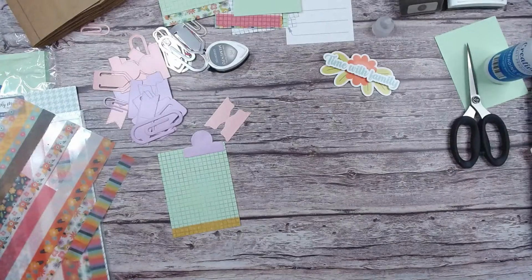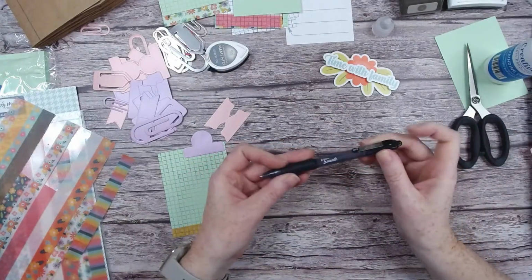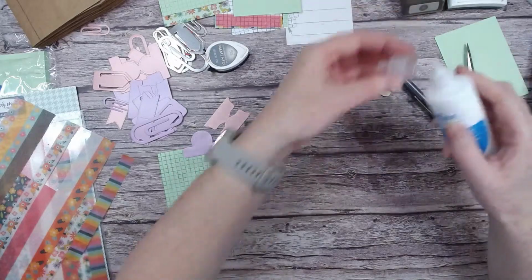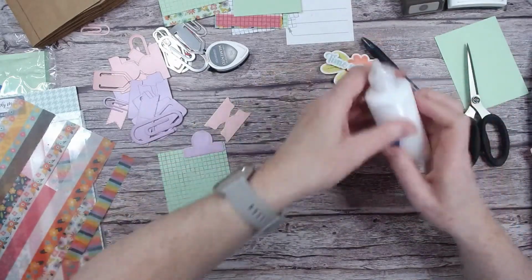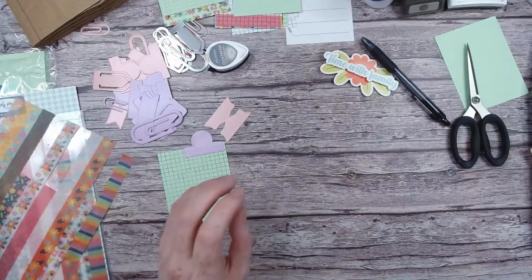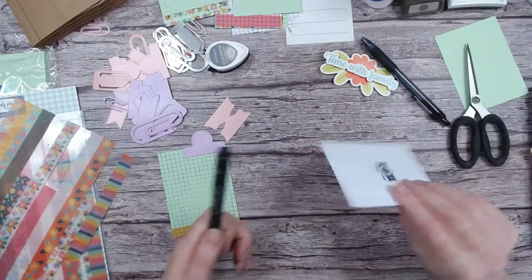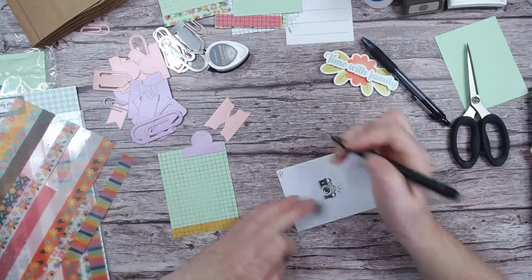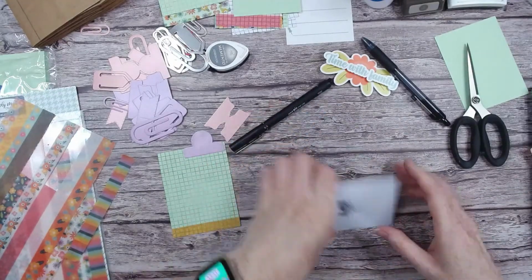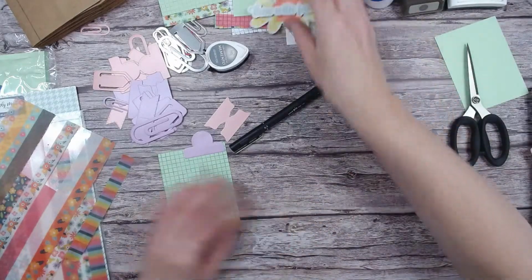I don't know if I have my fine liner out. I might have to use a biro. We'll see how we get on. I need to order myself a whole ton of different fine liners. Is this one? Oh, actually, let's see if this works. Oh no, there you go. I didn't realise I had that. But I still want to get myself a little set. So,